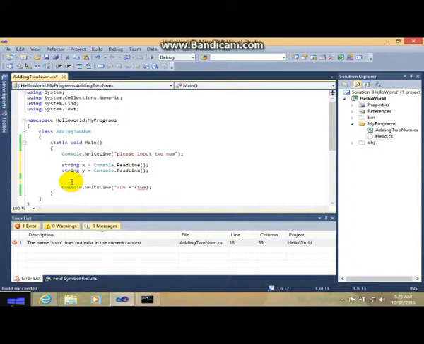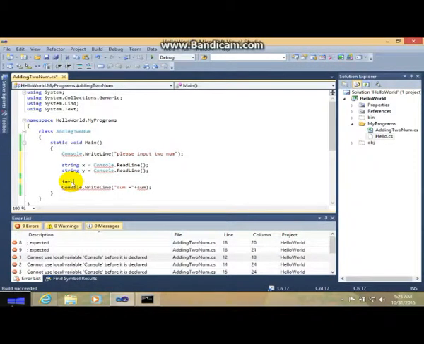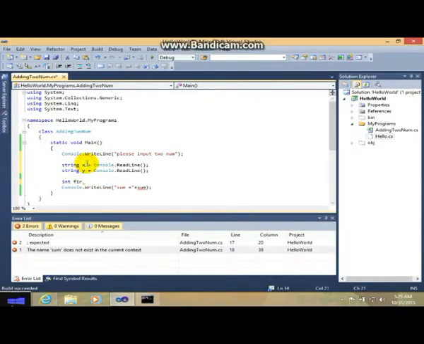So just write int, and just use first, whatever the first number is for the user to input, and this is y, oh no, x.